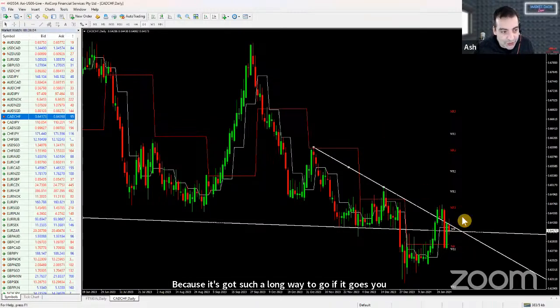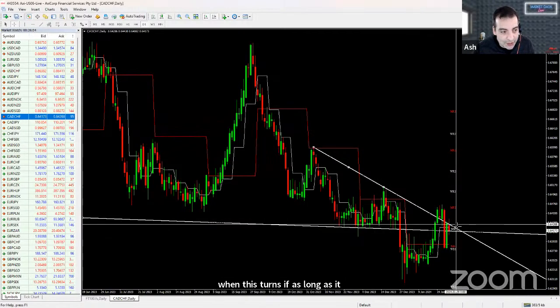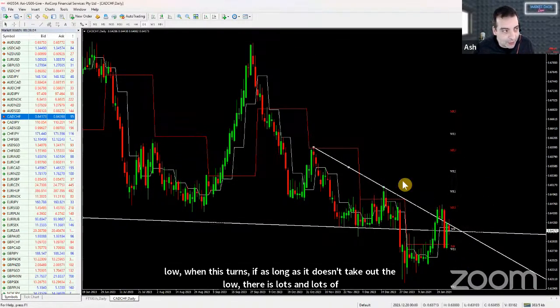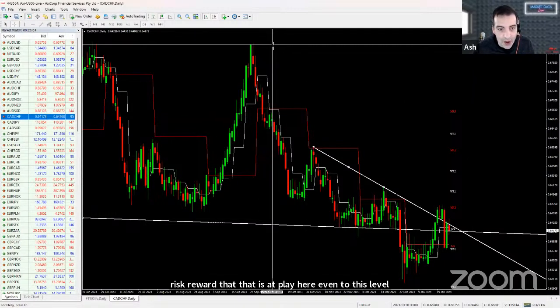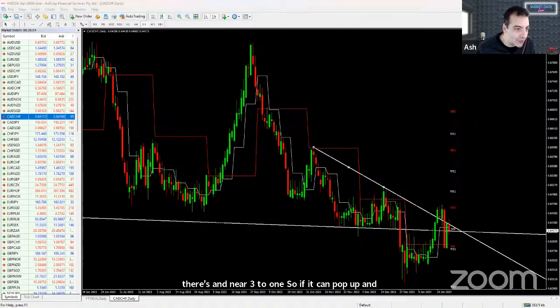When this turns, as long as it doesn't take out the low, there is lots and lots of risk to reward at play here. Even to this level, there's a near 3-to-1. So what I'll look for next week is the CAD Swissy to do something like this, pop to the upside, take out that level,